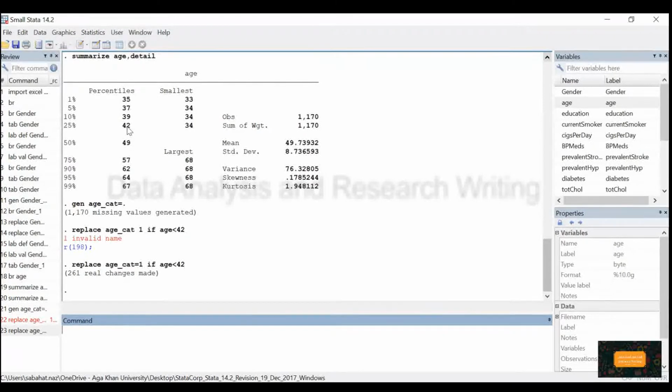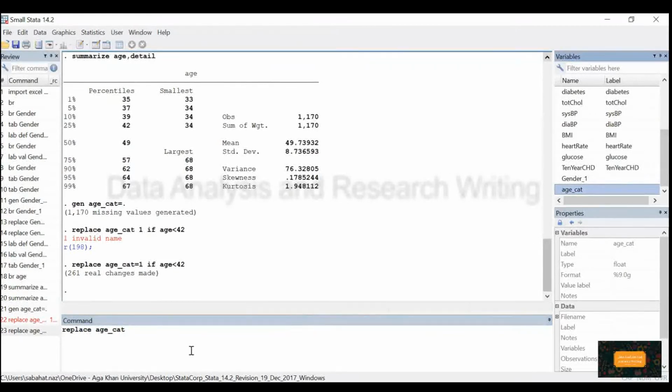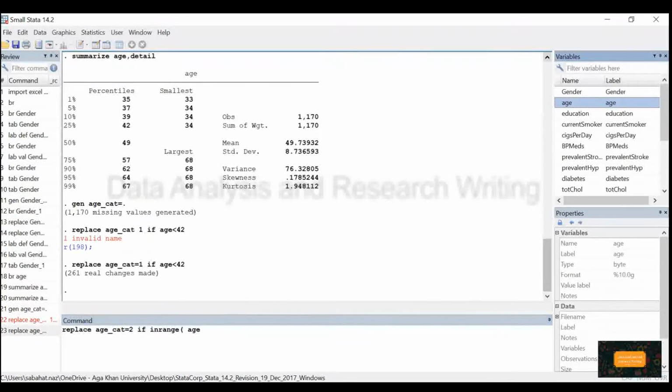Now my second category is age between 42 to 49. So I write the command replace age category is equal to 2. Now my next category is labeled as 2. My first category is less than 42. Now I will use the range between 42 to 49. So I write here if in range, then bracket, select this previous variable age, then comma, and I want between 42 and 49,